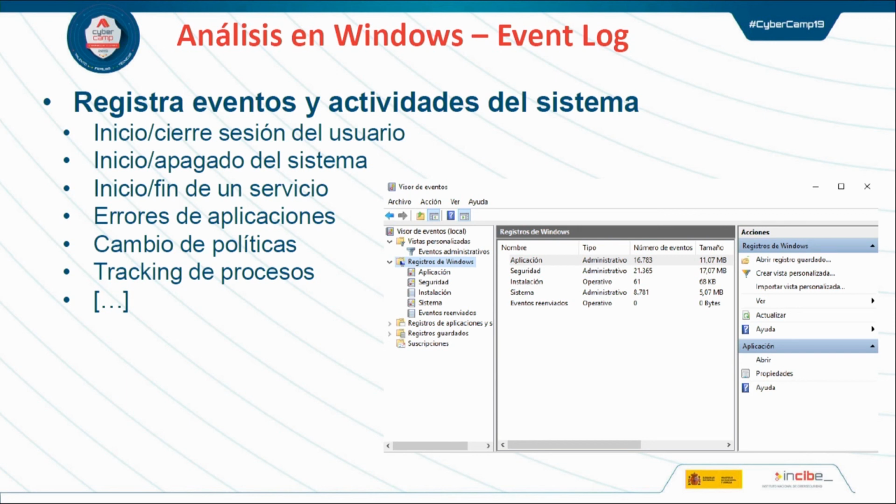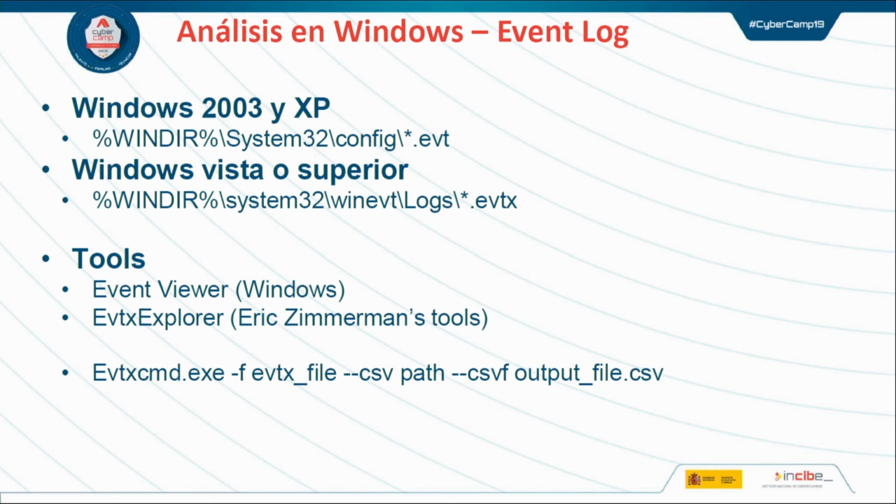And how do we analyze the event log? We could just open it with the Windows Event Viewer. So we would just export them as EVTX and open them with an event log viewer that we have now in our forensic lab. But it's always easier to use CSVs, amongst others. I am very fond of these because they're really useful, and then we use parsers, but I'll talk about that later. So Windows 2003 and Windows XP had these